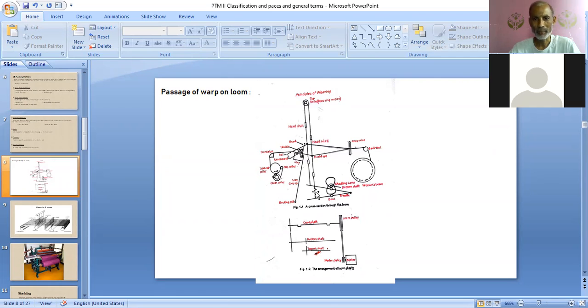But instead of tappet shedding, we can use dobby shedding as well as jacquard shedding, which we will study later on. After the heald frame in the passage, there is a reed. The reed is mounted on a sley, and the sley is mounted on a sley sword, which is fulcrumed on this rail known as the rocking rail. On this sley, one reed is fixed. Then in front and next to the reed is the shuttle, which passes from one box to the other box.